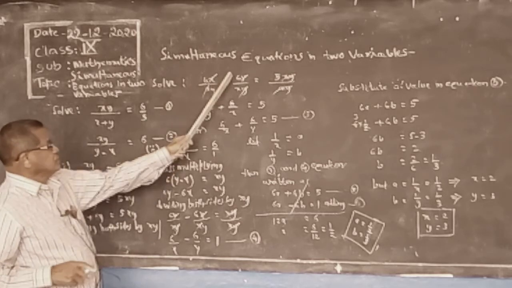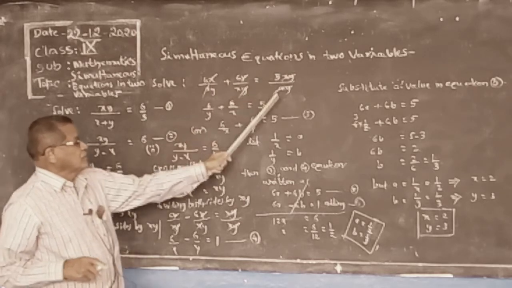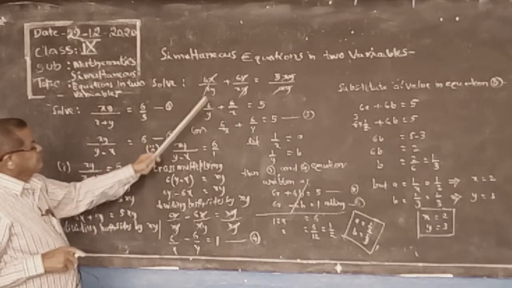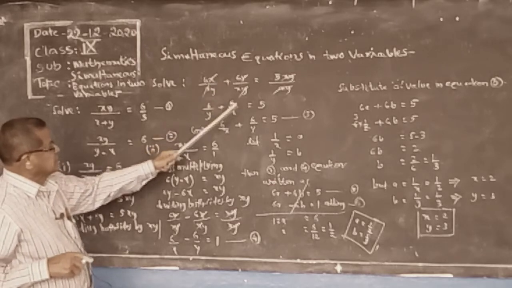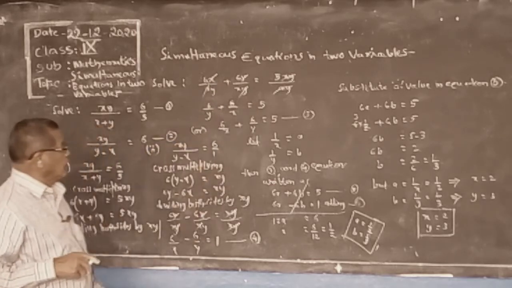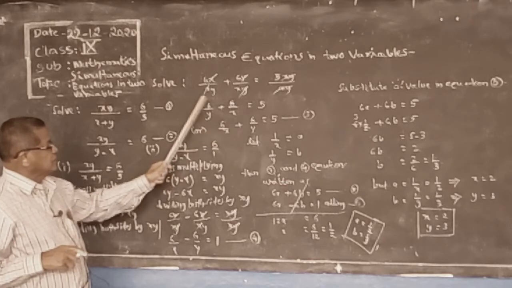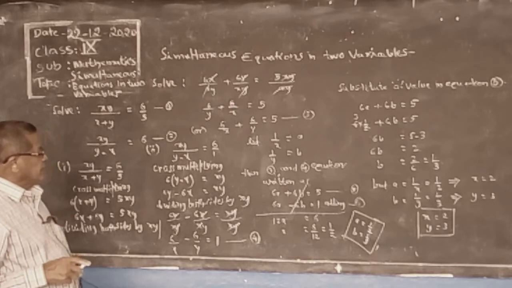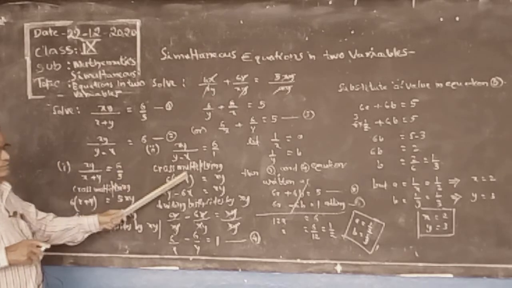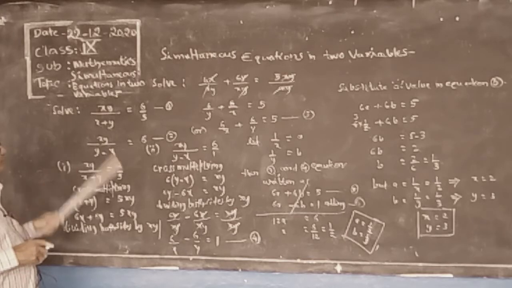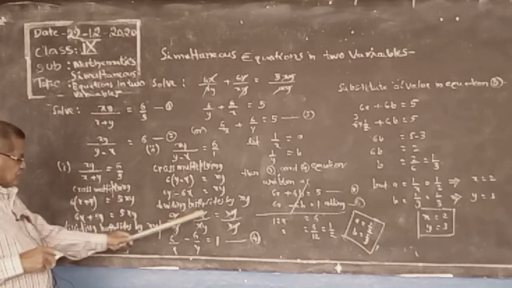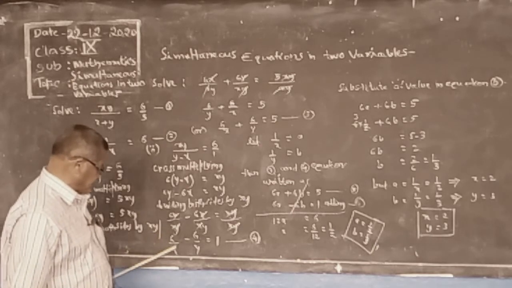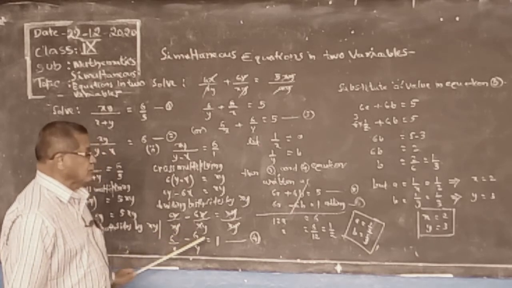We get 6x by xy, 6y by xy, 5xy by xy. Here x cancelled, 6 by y; here y cancelled, 6 by x is equal to 5. Or we can write 6 by x plus 6 by y is equal to 5. Third equation. And similarly, the second equation also: cross multiplying and dividing both sides by xy, we are getting a new equation like this: 6 by x minus 6 by y is equal to 1.